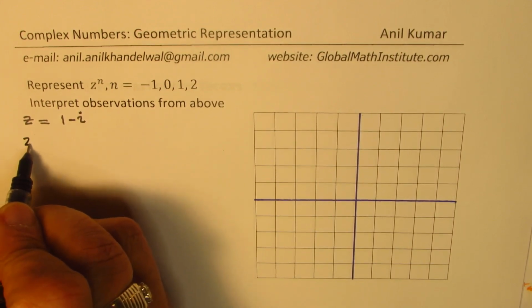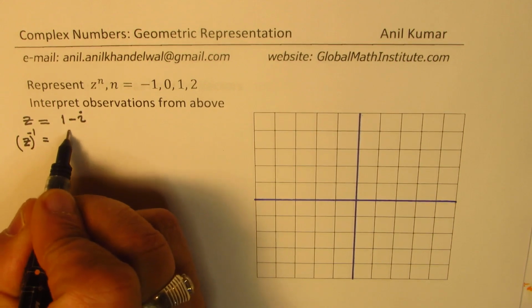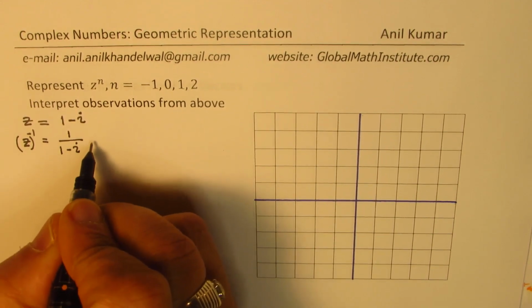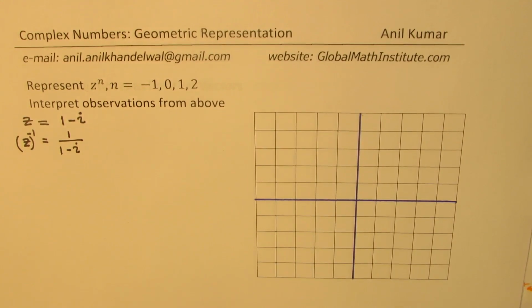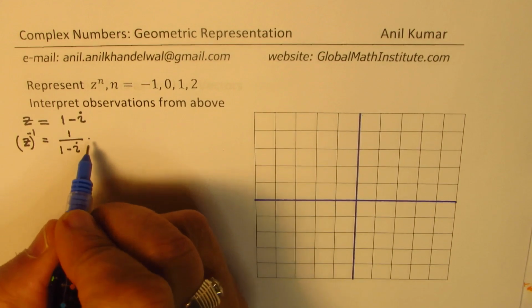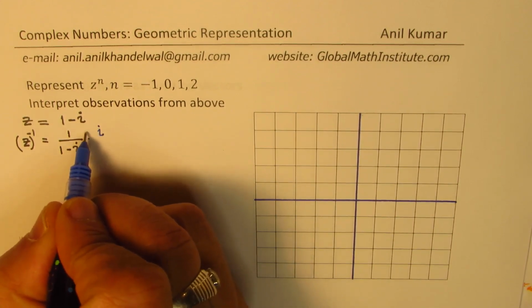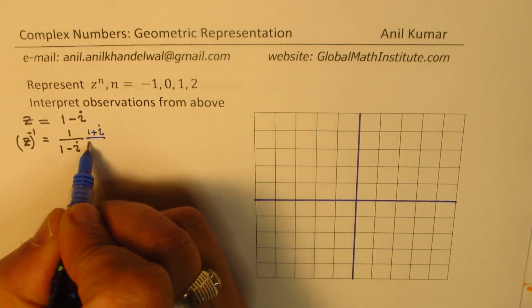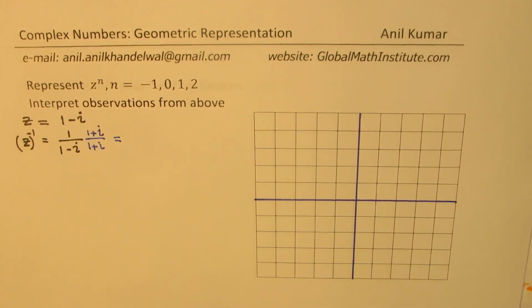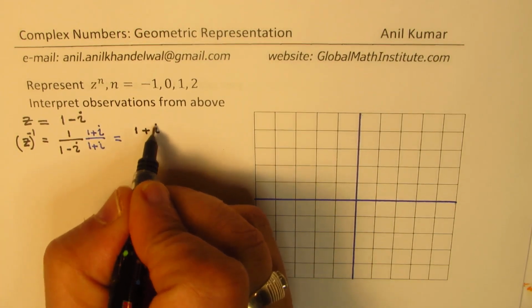In that case, z to the power of minus 1 will be 1 over 1 minus i. Now, to find the real and imaginary parts, we could multiply and divide by its conjugate, which is 1 plus i. So we'll multiply and divide by 1 plus i. So what we get here is 1 plus i over